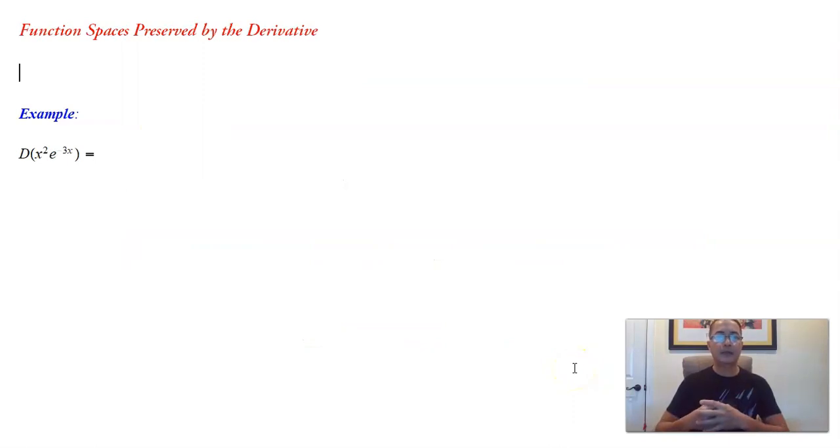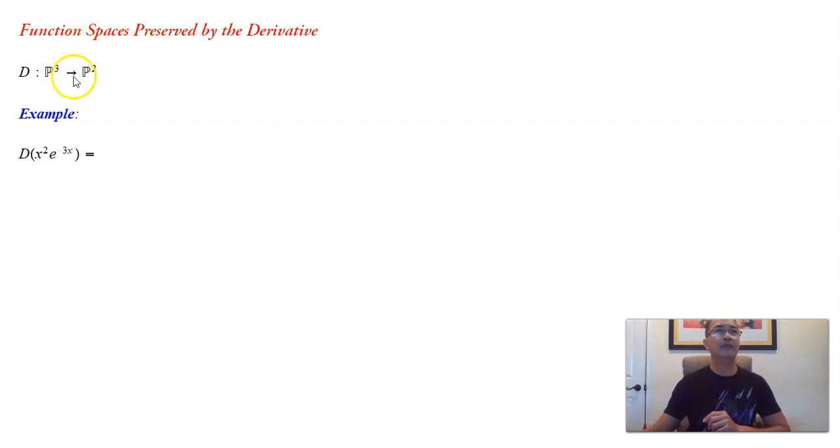So as I said in the introduction, we are going to develop and learn techniques in linear algebra that will help us to solve certain kinds of differential equations. So here is the first step, the baby step for those techniques. We're going to create function spaces which are preserved by the derivative. Okay, so the word is preserved, and usually you might think, oh, it doesn't change the space. Okay, not quite. Okay, we saw that you can think of D